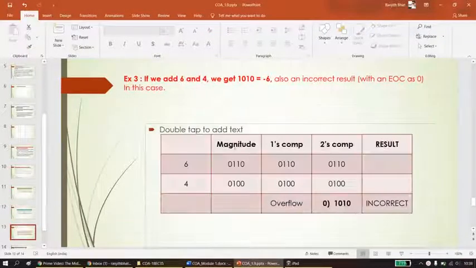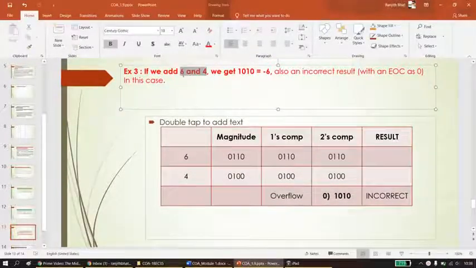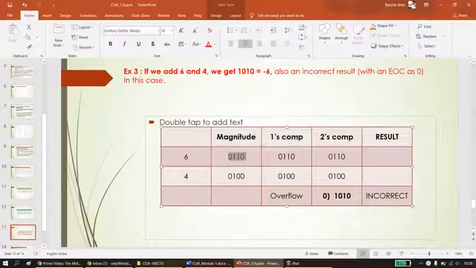Now let us take one more example. This is 6 and 4. What we are supposed to get is 10. Let us see if we are going to get a 10. So positive 6, positive 4. We are going to get the 2's complement as it is, because it is a positive number, and the final answer is